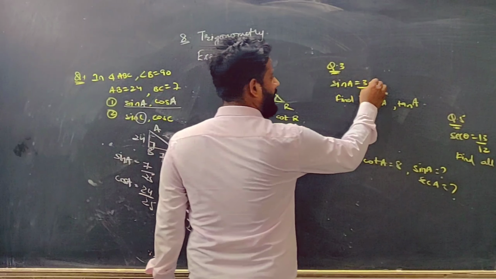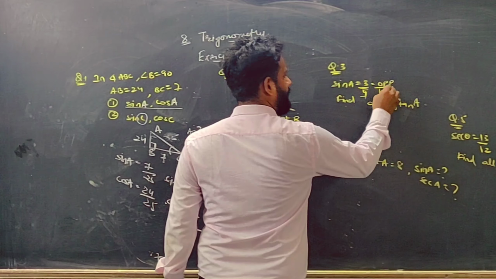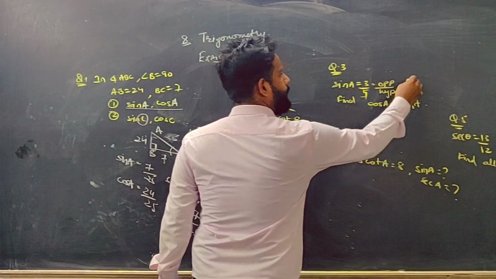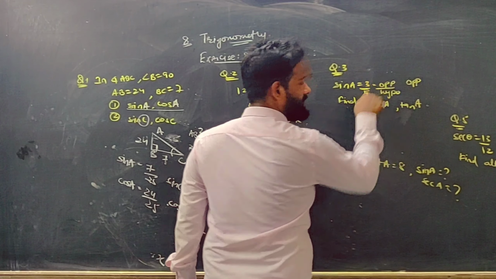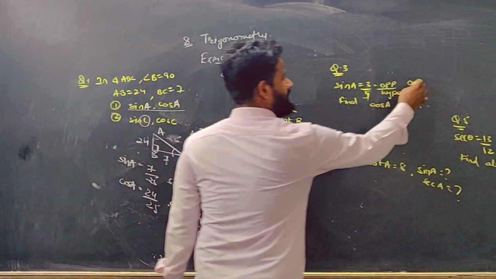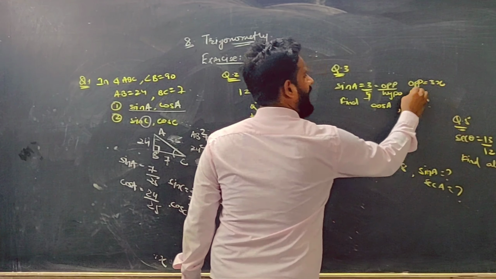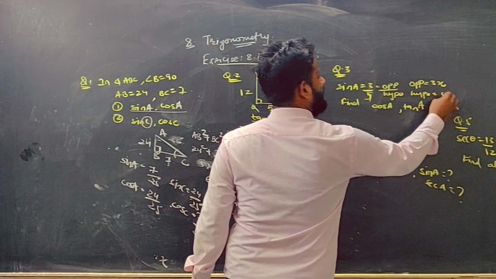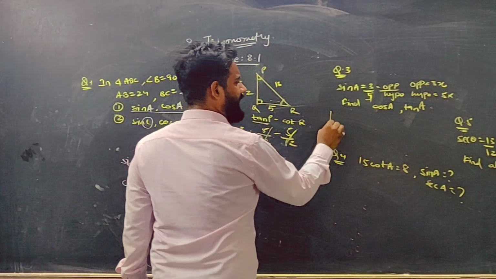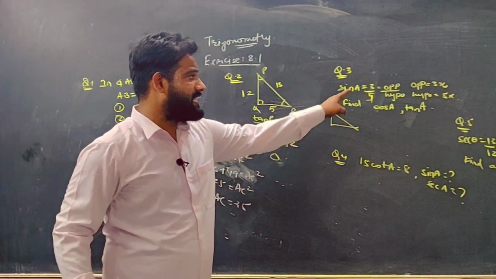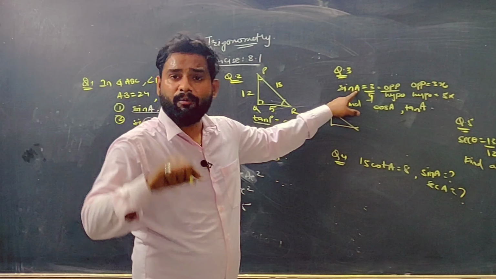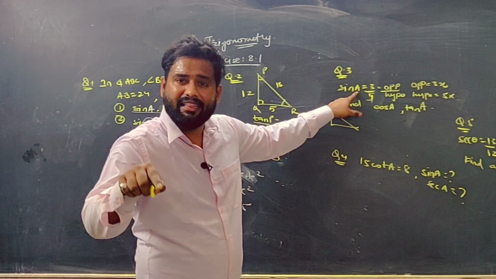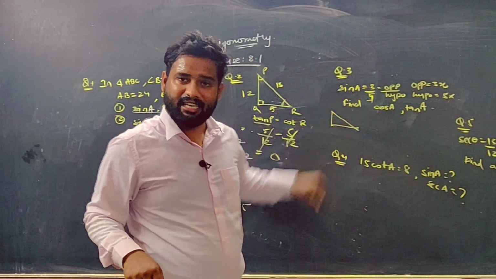So you know that sin A is equal to opposite upon hypotenuse. So you can take opposite equal to not 3, because it is in the ratio. So you must take it as 3x, and hypotenuse as 5x. So take any right angle triangle. If it is A, make sure your A should not be 90. A is some acute angle theta, because sine theta is given as 3 by 5.